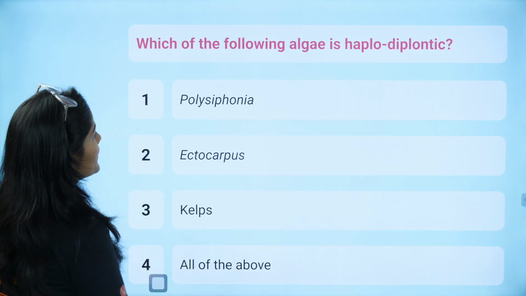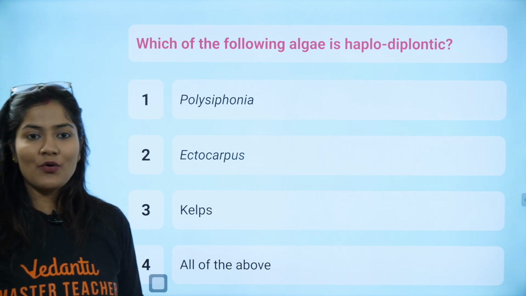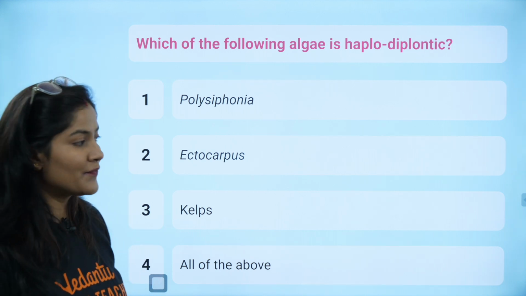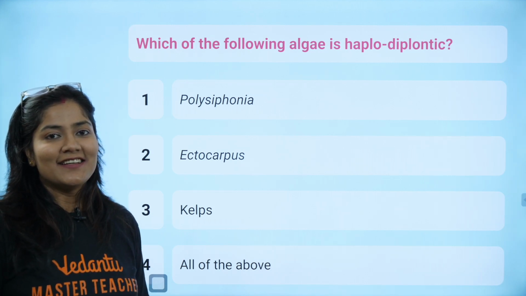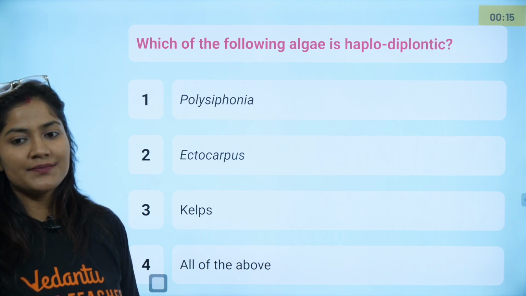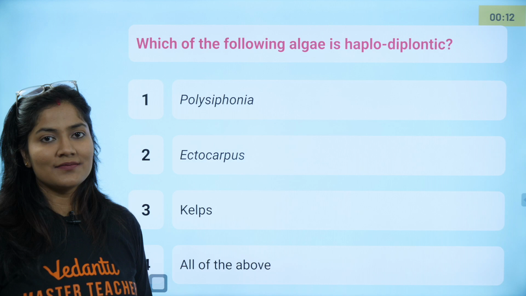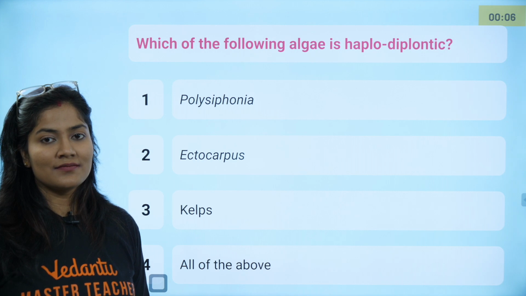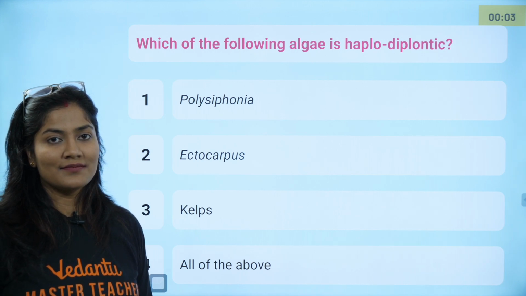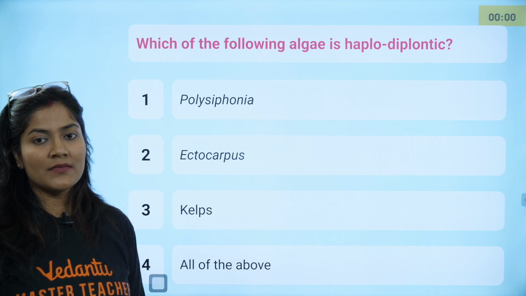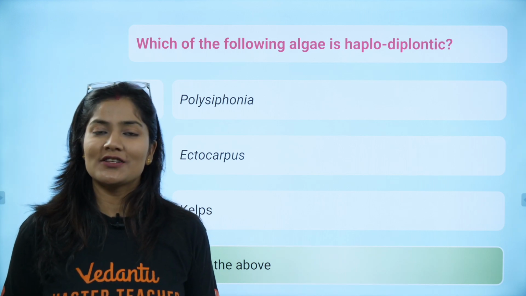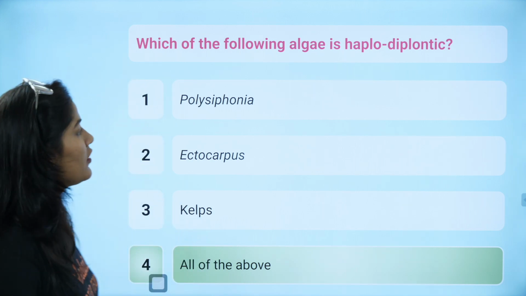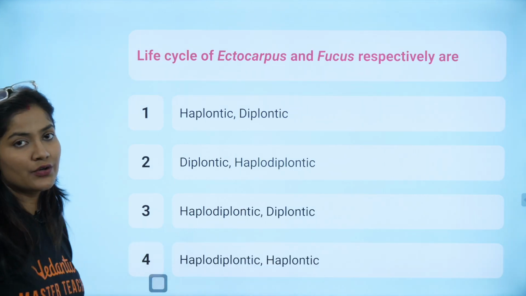Moving to the next one. The next one is, which one of the following algae is Haplodiplontic? Polysiphonia, Ectocarpus, kelps, and all of the above. Easy peasy lemon squeezy, yes. So your time to select the correct answer starts now. Time's up and the correct answer for this question is all of the above. So Polysiphonia, Ectocarpus and kelps, all of them are your Haplodiplontic algae, the algae that is going to have Haplodiplontic